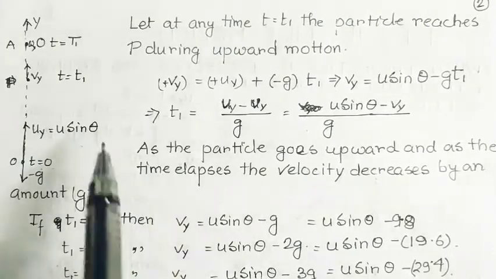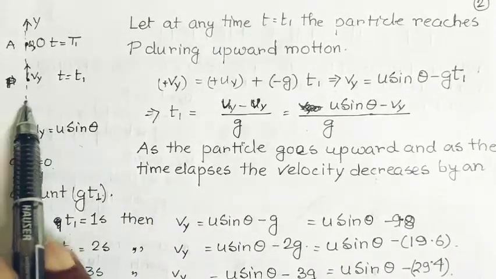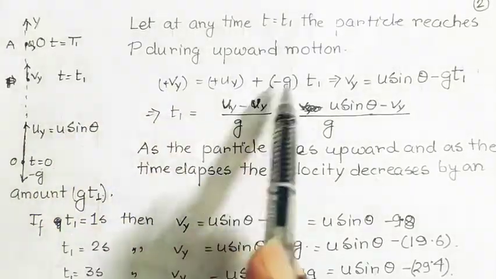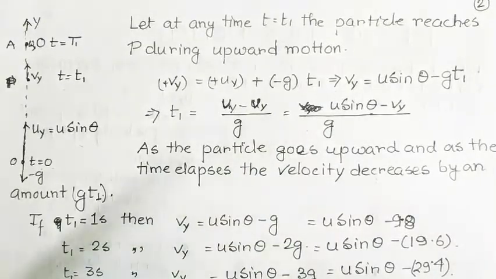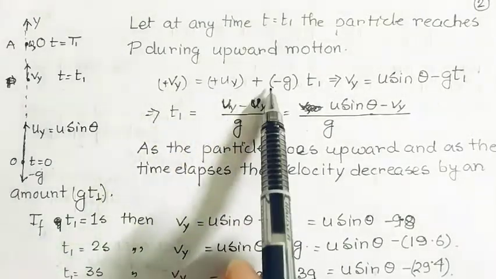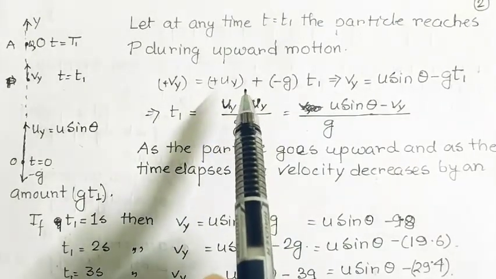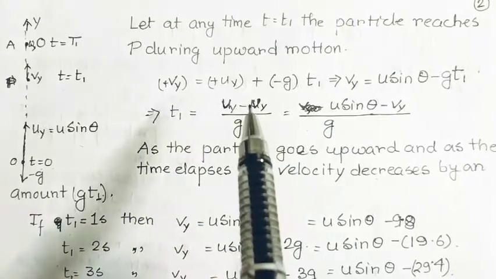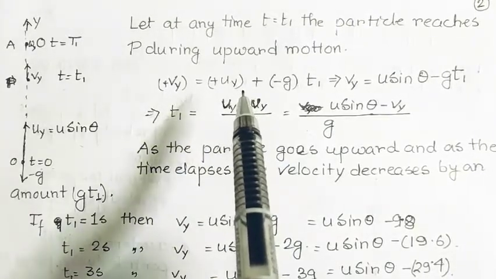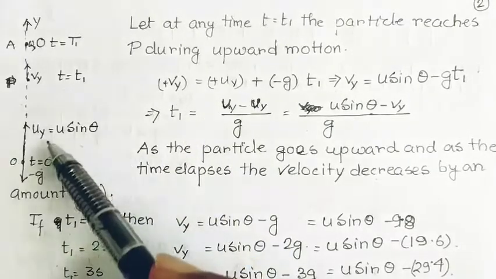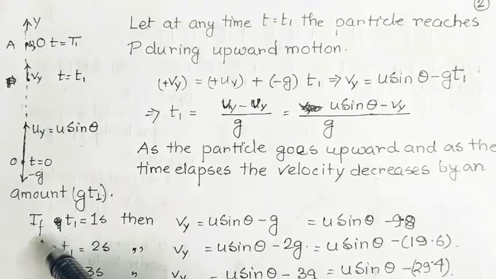Now here, let the particle be at the point capital P at the time t equal to t1. At that time v equal to u plus at. That is the reason for the question you answered in the comment section, why I have used v square equal to u square plus 2as. v equal to u plus at is used when the particle is moving under constant acceleration. Here the particle is moving under constant acceleration due to gravity, which acts downwards along the negative y-axis constantly.